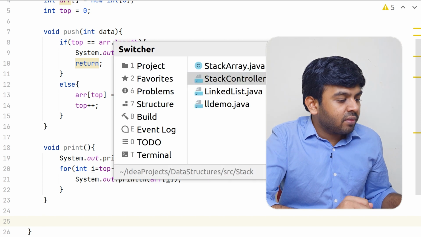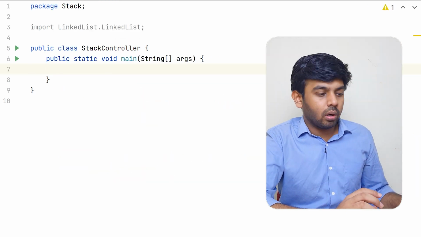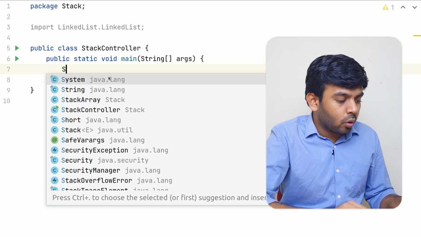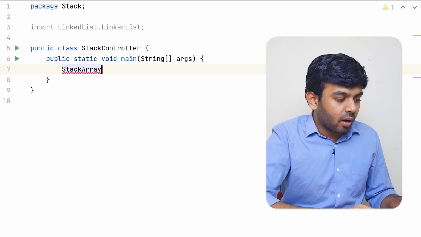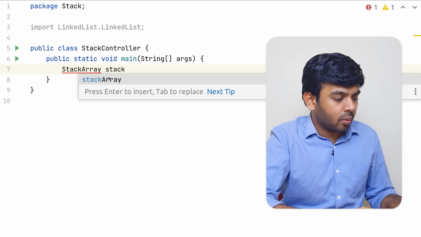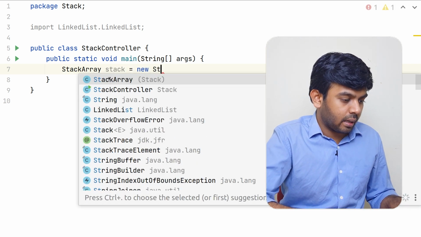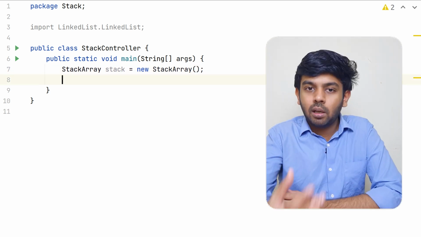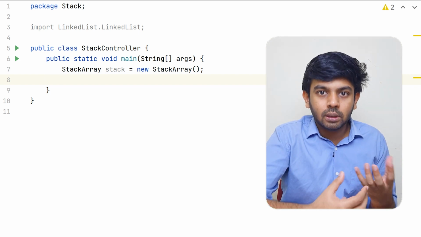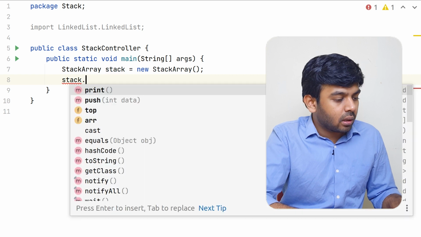So to see if the push function is working fine, I have another class called StackController and we have a main function inside that. Now what I'm going to do is create an object for this StackArray class that we just wrote. I'm going to name the object stack equals new StackArray. So I've created an object for this. Now with this object you can insert values, or you can call the push function to be more specific. So stack dot